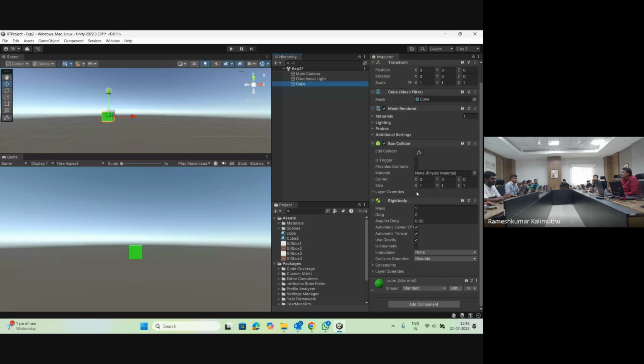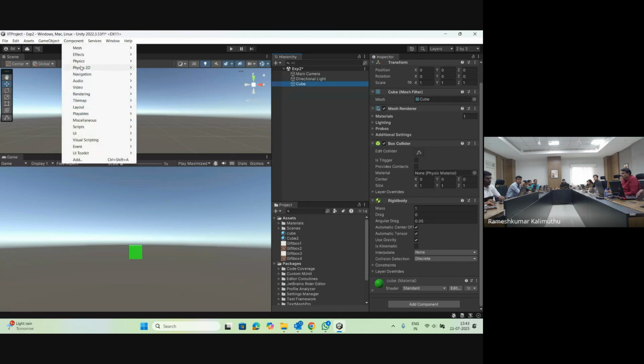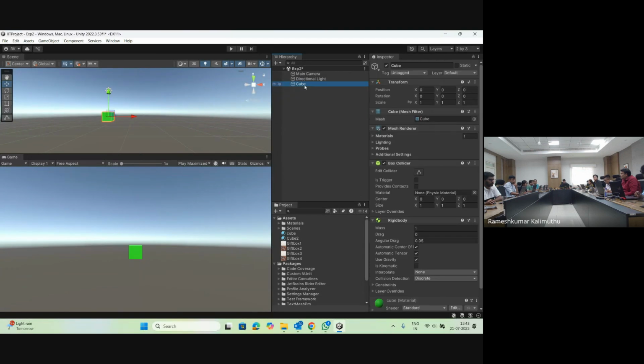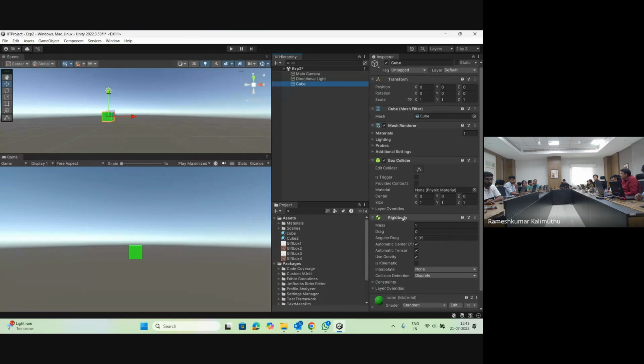Now how do I confirm whether I have attached it once or twice? I have selected the cube, Component, Physics, Rigid Body, and I clicked. Immediately in the Inspector, you just scroll down and cross verify whether the rigid body component is attached, and how many times it is attached. Can you see here? For my cube, I attached a rigid body only once. Don't try to attach it many times,